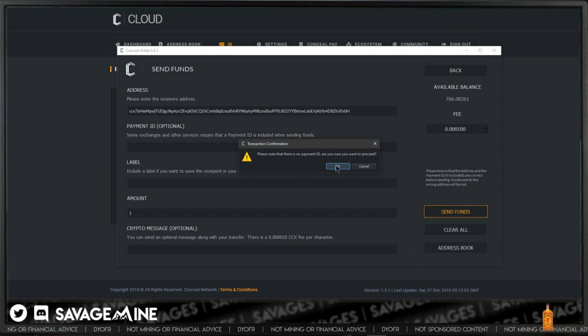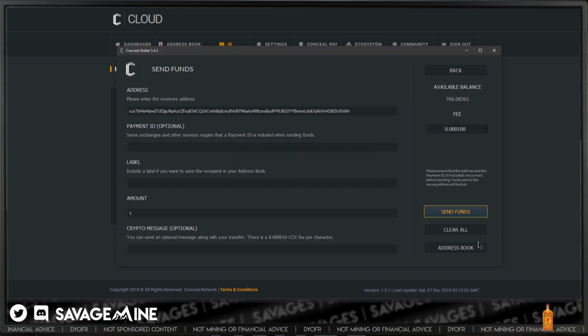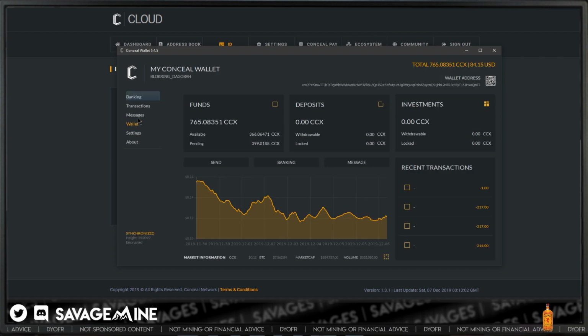So I guess that's okay, but I was expecting it to stay the actual Conceal ID address and not resolve like that. I mean, I guess it's okay, but it's almost like, if you provide the Conceal ID to someone that you want to receive CCX from, but you don't want to really reveal your address, then it looks like it actually does reveal it. And it might be doing that because of address book entries, maybe. I don't know. Let's see.